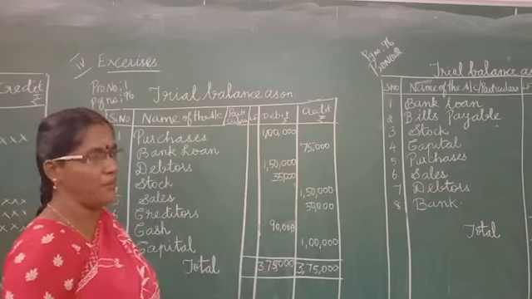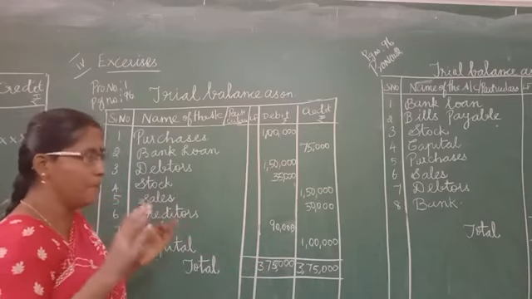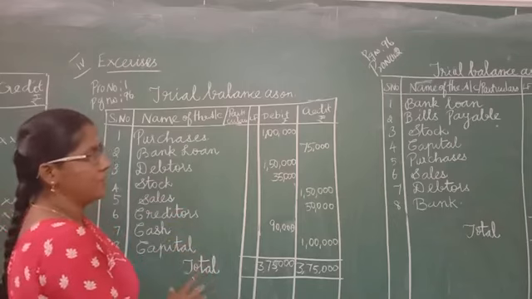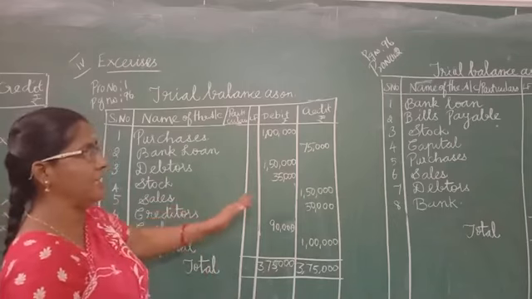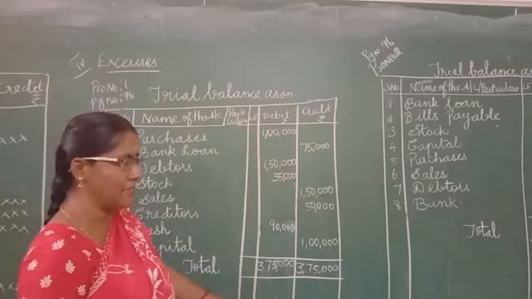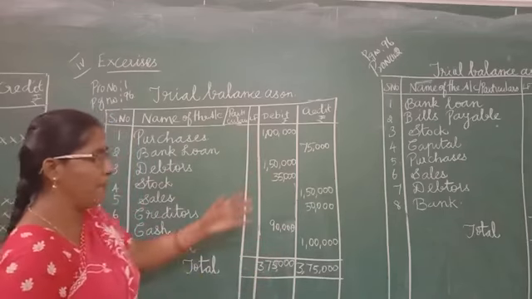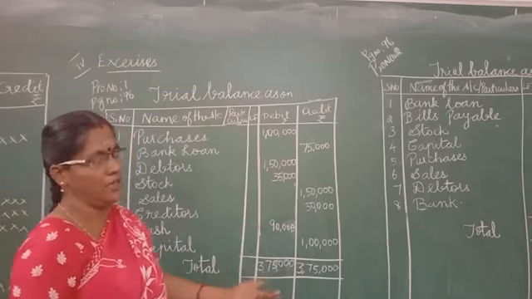So this is the format. See what I did. Simply, I have gone through the format. I know the format very well. Based on the format, I have segregated the debit balances and credit balances without leaving a line. You can write and put the total. Both totals are equal. That's all.